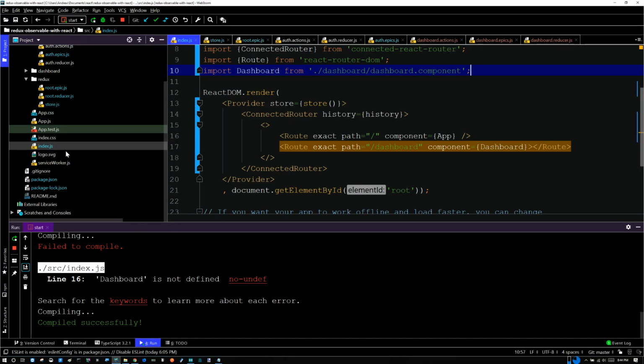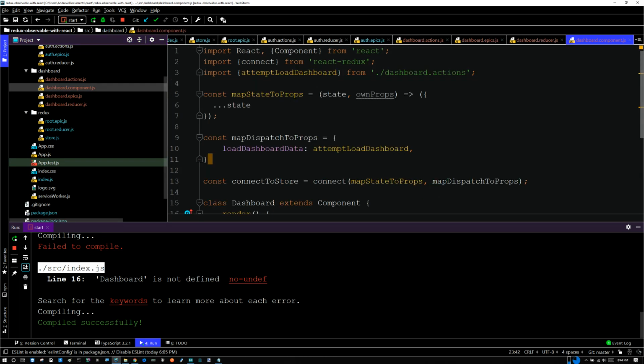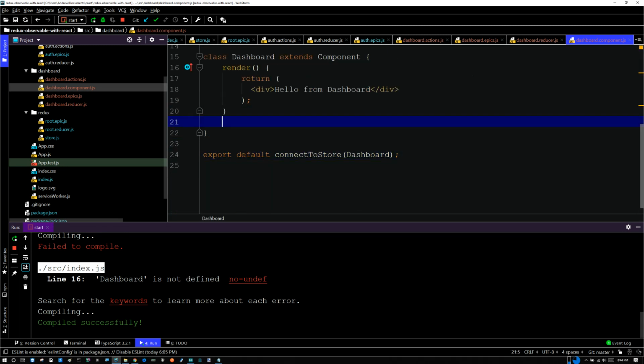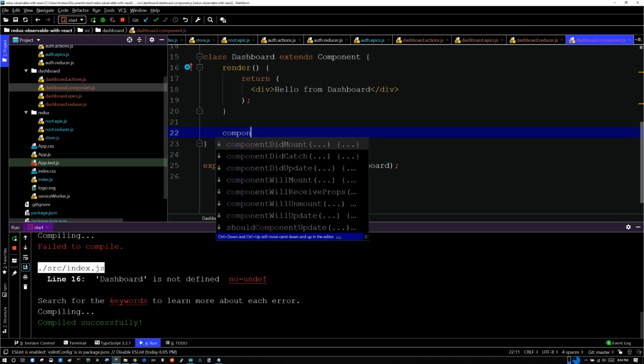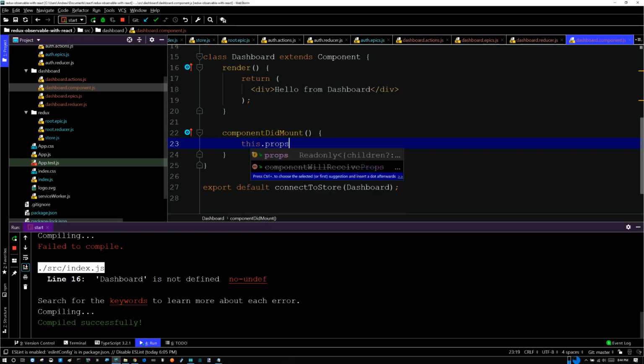Let's go back to our code in our dashboard component. We're going to load some data in one of the lifecycle hooks for the component. So in the componentDidMount function, we're going to call this.props.loadDashboardData, which is the